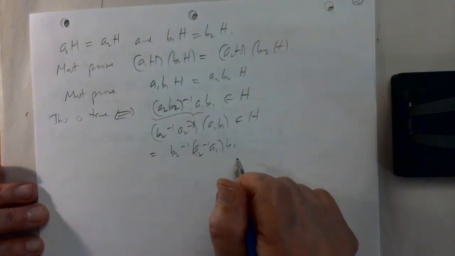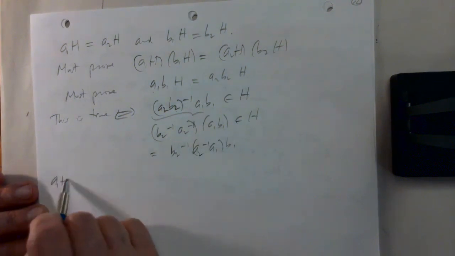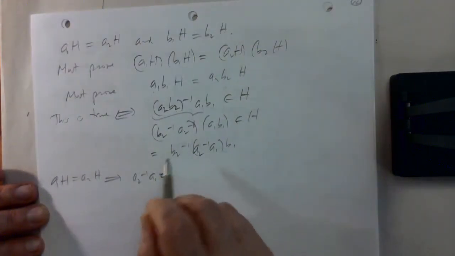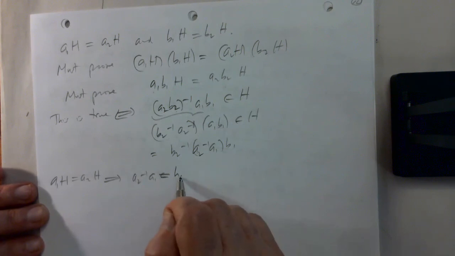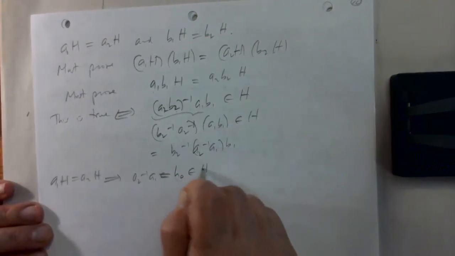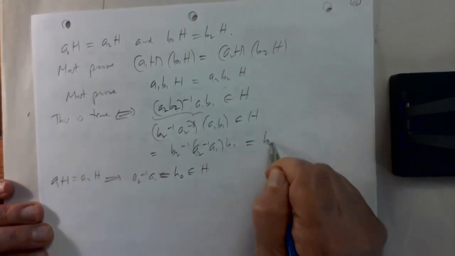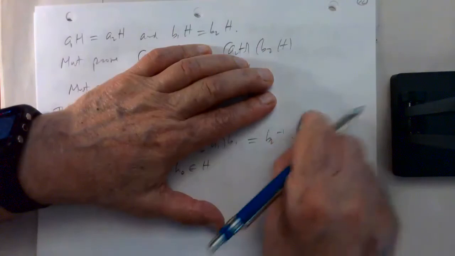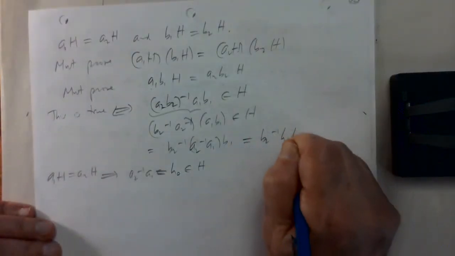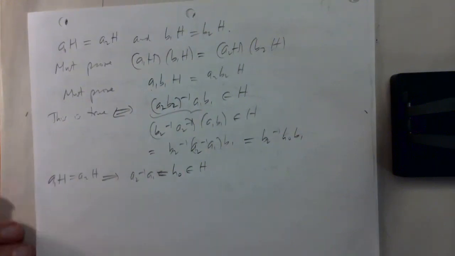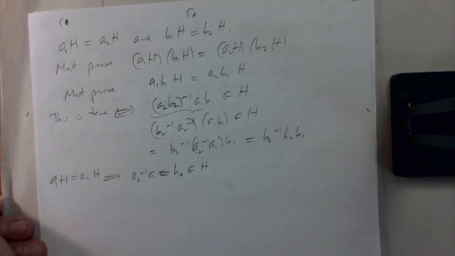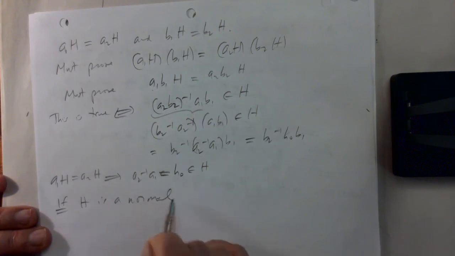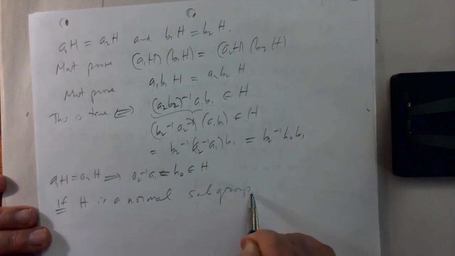Is this in H? So what I know is that A1H equals A2H means that A2 inverse A1 is some element, I'll call it H0, doesn't matter, some H0 in H. So this is actually equal to B2 inverse times H0 times B1. Now I haven't used the fact that H is normal. So if H is a normal subgroup, then